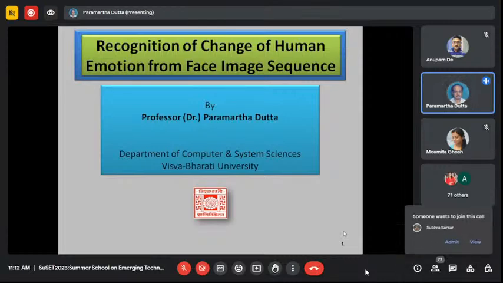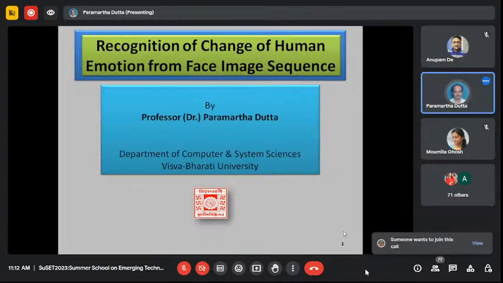Say, for example, right now I am in a neutral psychological position, but because of some factor or phenomenon, I get irritated and I become angry. Definitely there will be a transition reflected in my face, from neutral position to anger. Naturally, this transition will be available in terms of a certain sequence of video images, facial expressions, and the challenge here is to